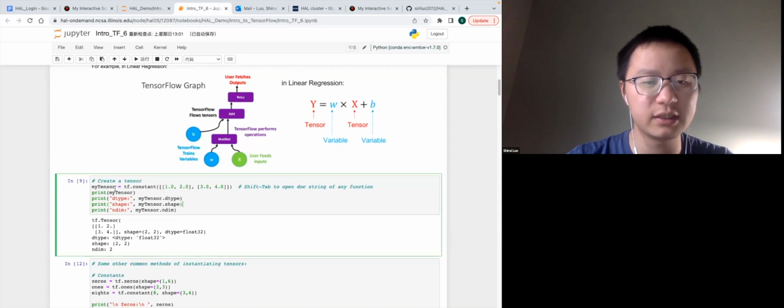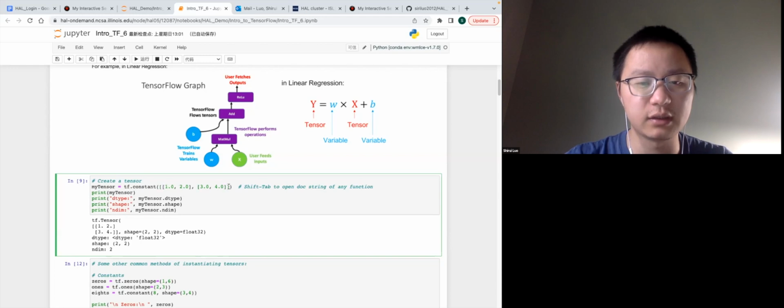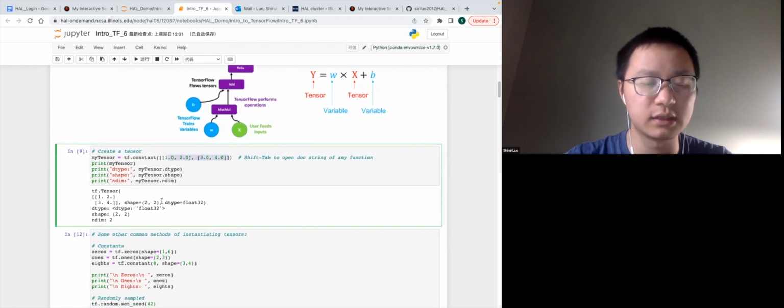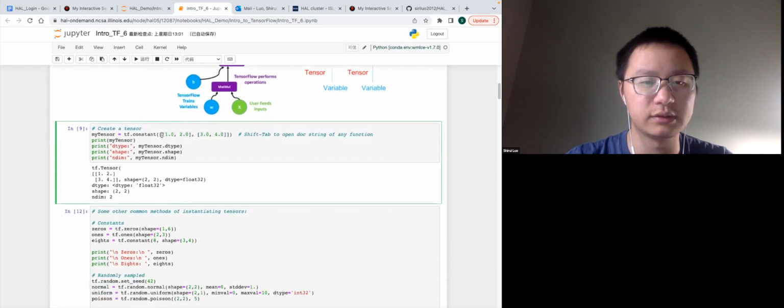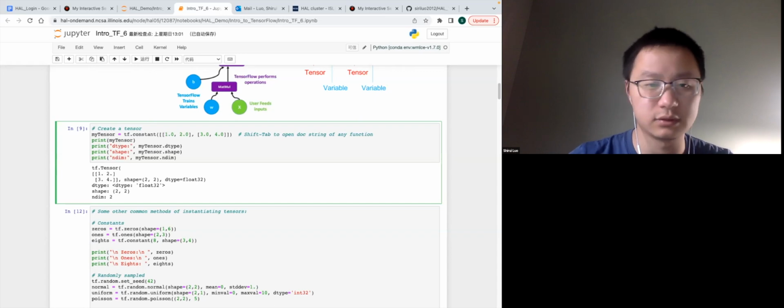You can easily create a tensor by calling the tf.constant function, and if you have a 2D list, this can be used to convert the 2D list into a tensor. So if you do this,